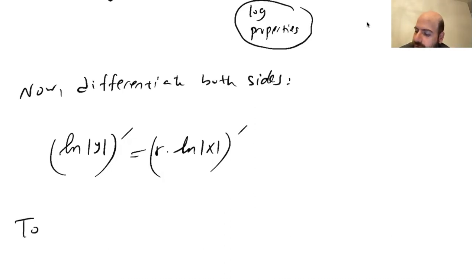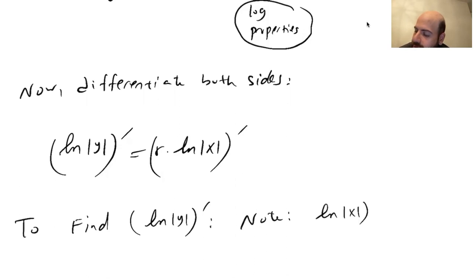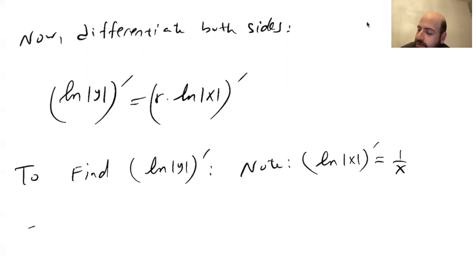So to find the derivative of ln absolute value y, note that the derivative of ln absolute value x is 1 over x, right? By chain rule,